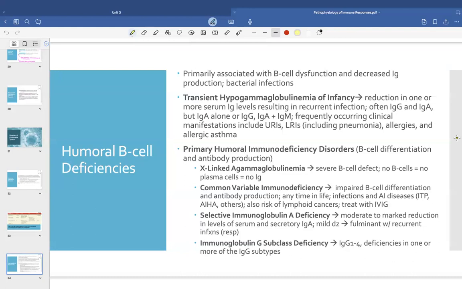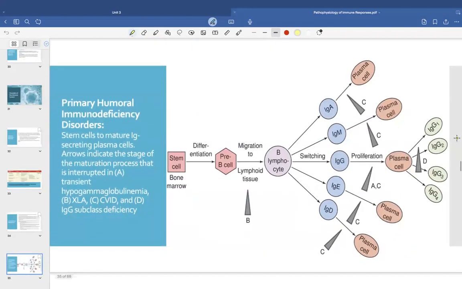And then there's an immunoglobulin G subclass deficiency. So remember I said there are 4 different subcategories of IgG. This is IgG 1-4. But you can have deficiencies in one or more of the subtypes. So again, most of these are going to be prone to lots of infections, and they're going to be identified earlier. And this diagram just really shows you, again, in the differentiation component, where some of these failures to